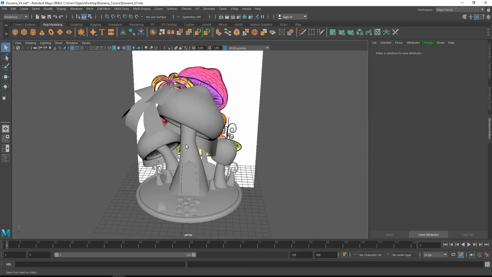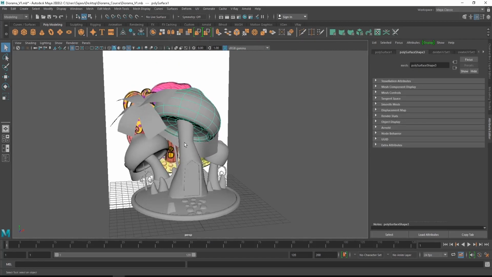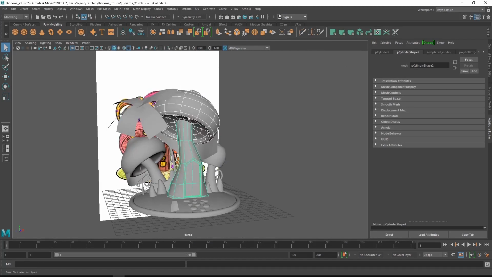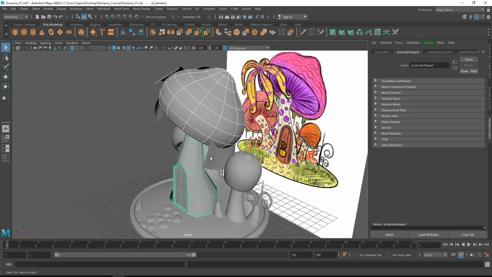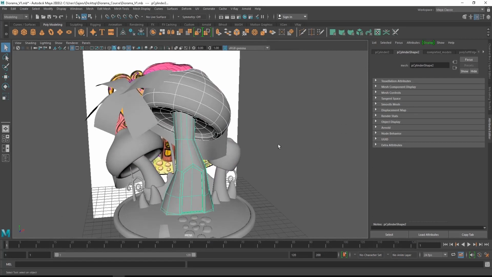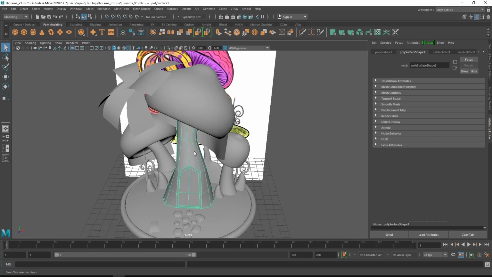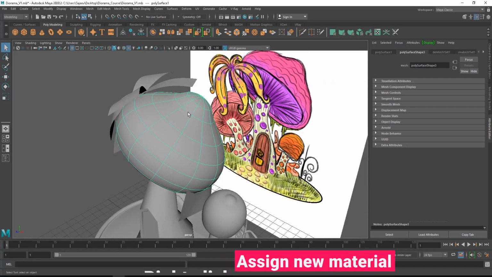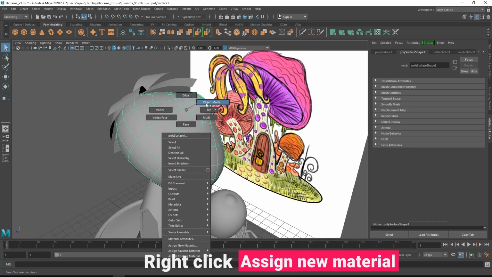Since we created the texture for both the top and bottom part of our main mushroom house, we will start with that itself. The top area we will be adding more reflectivity compared to the bottom area. So we will select the top one and just right click. Once you right click, you will get a lot of options. Here itself you can select assign new material,